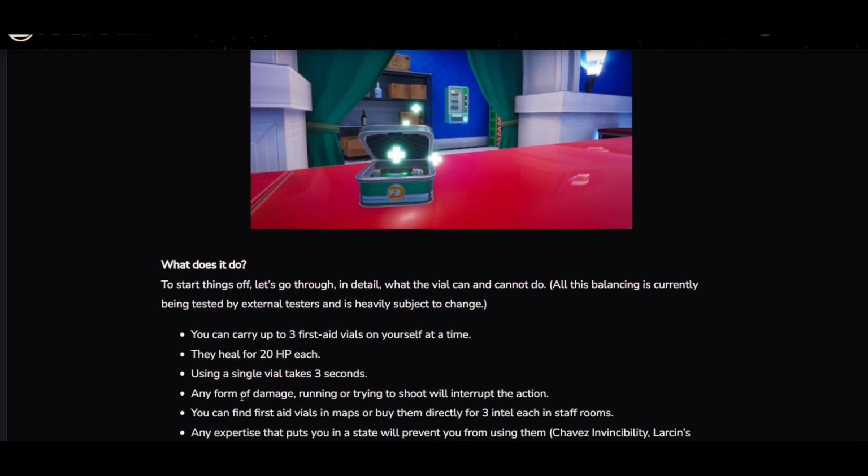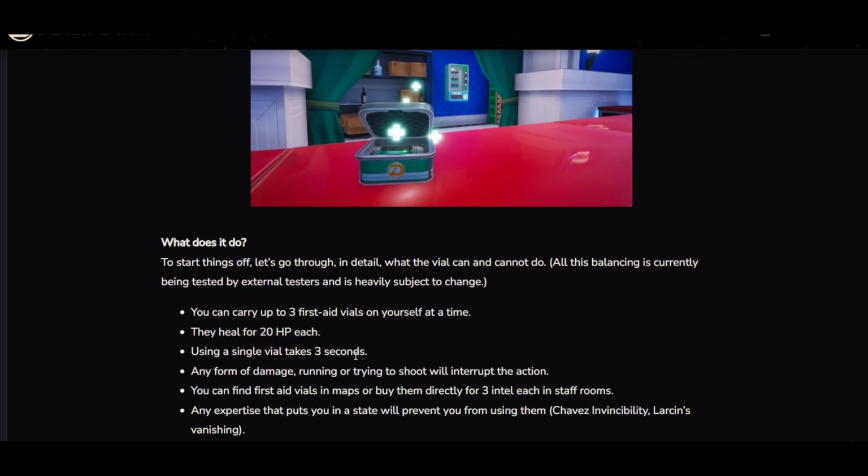Personally, I'm not sure how I feel about the health vials. 20 HP for 3 seconds is just a little bit less than a gold social battery, which is pretty good, but usually people find better gold chips. So that's a pretty quick rate, assuming you don't get interrupted. Having only 3 of them means you can only heal a maximum of 60, and then you have to find more, which, presumably,